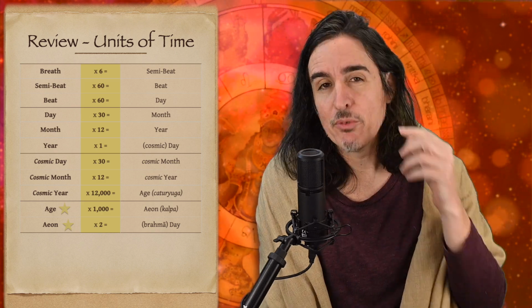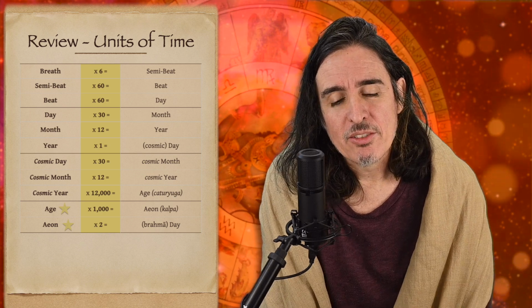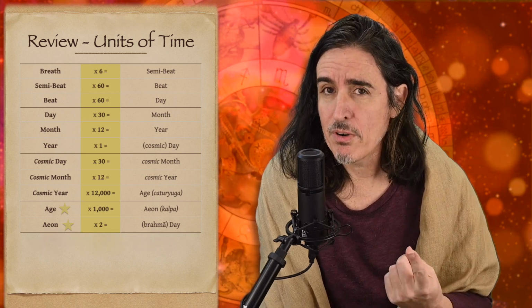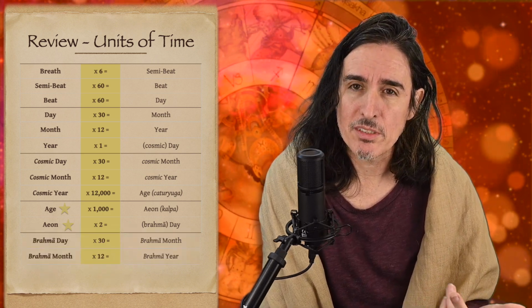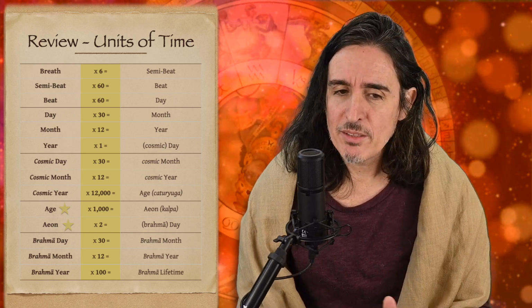Now when I say he, I'm referring to the author of Surya Siddhanta, Mayasura. So Mayasura then finishes up the units of time by saying 2 of these eons is equivalent to 1 day for Brahma, and then Brahma has his own days, months, and years. That's the review. Now let's begin our new material with text 21, 22, and 23.